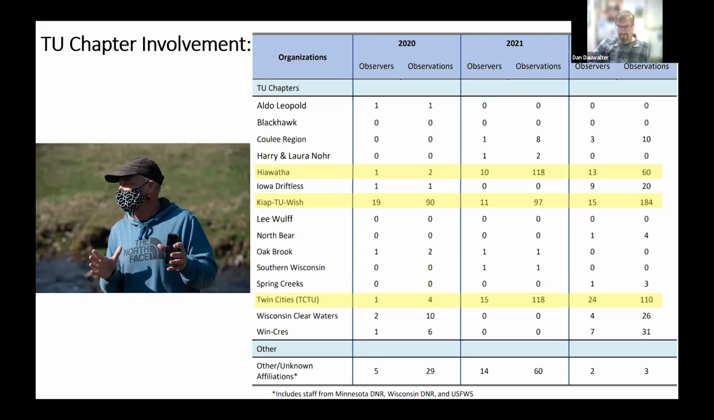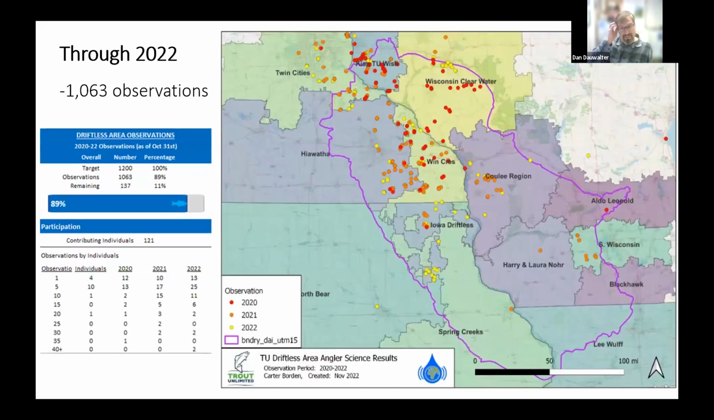But it's just an example of how activity has increased over time, not just within the chapters undertaking or having a formal monitoring plan, but those other chapters that are also increasing in activity just out of pure interest in learning about the streams in their backyard, but also contributing to a regional database. So those numbers in that table translate to the points on the map. Again, we're at over the last 3 years and hope to